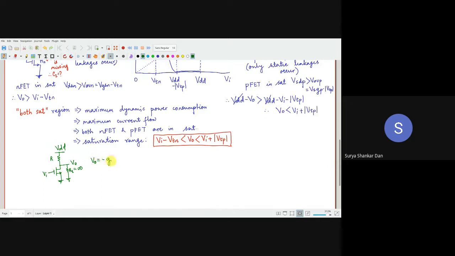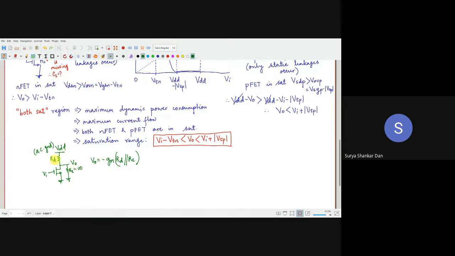So what is our actual VO? VO will be given by gm into, let us call it RD, so it will become RD parallel RL. This RL part will come in parallel. Why? I will explain that later. Why is VDD called AC ground? I hope you know this because this is basic fundamentals which you should have studied in BTech itself. Anyways, I'll go through it in some extra class sometime. This is not part of this course anyway.